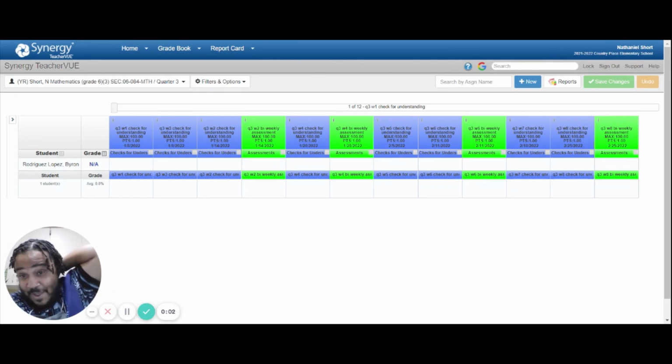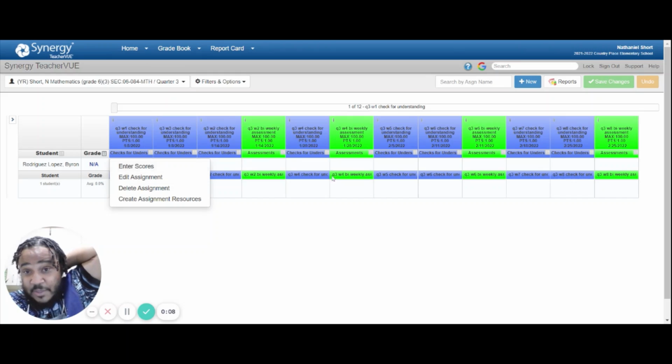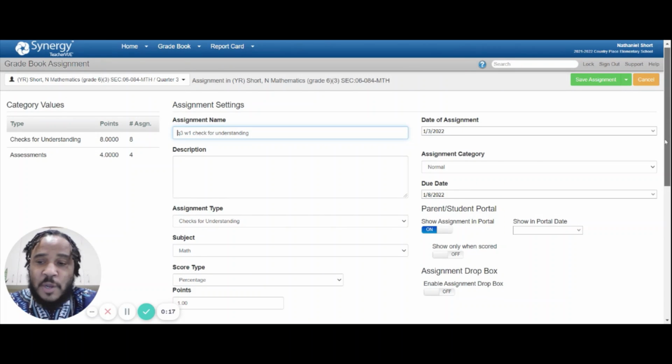All right, one last thing I forgot. When you change subjects, you have to go in and edit assignments. So you can see I changed to math. All of the assignments are there. Took me like 2 minutes to do that part. But then when you change subjects, you have to go in, edit the assignment, and then just drop down to